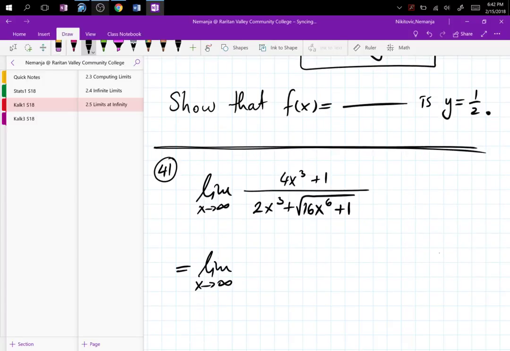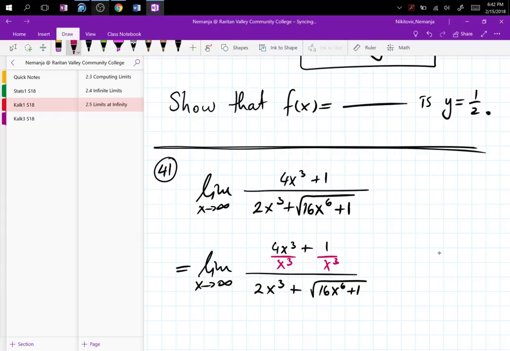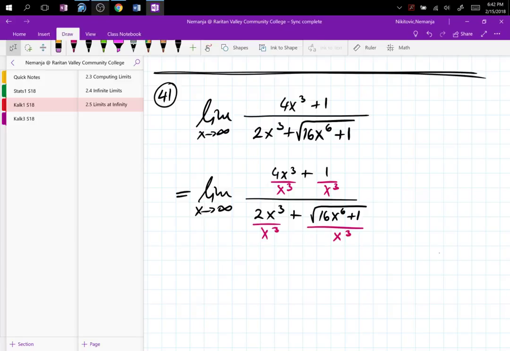limit x goes to infinity, and now I have 4x cubed plus 1 divided by x cubed. In the denominator I have 2x cubed plus square root of 16x to the 6 plus 1. And now I divide here by x cubed and divide here by x cubed. Now, note the spacing over here, that the division line is longer than the square root, right? In the next step, they're going to swap